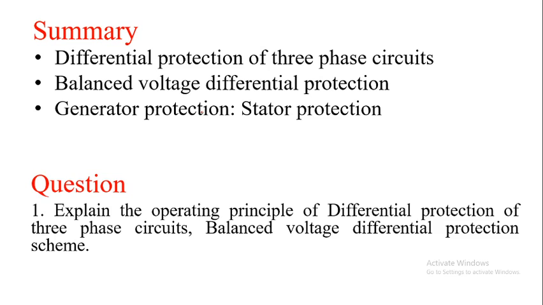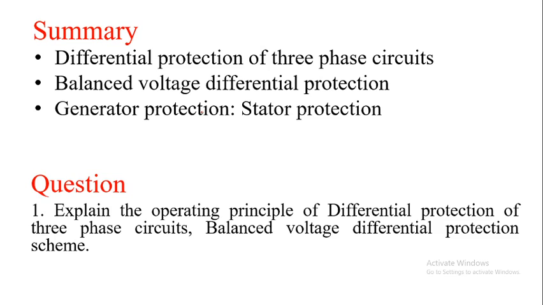In that we discussed the generator first. The protection of the generator is important as it is equipped with so many additional equipment such as your excitation system, prime mover, cooling system. All these need to operate. For the proper operation of all these, we need to provide better protection for the generators. So we discussed the different protective schemes provided for the generator. For a stator, what are the different protective schemes, for the rotor what are the different protective schemes, and in miscellaneous: overheating, overcurrent, overvoltage, protection against vibration, all of which come under the miscellaneous.